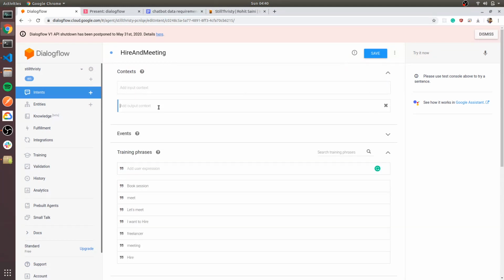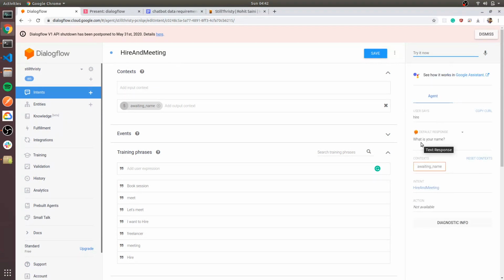So the output context of asking name would be awaiting name. Let's save it and test it right here. So it is saying what is your name, in the context of awaiting name.